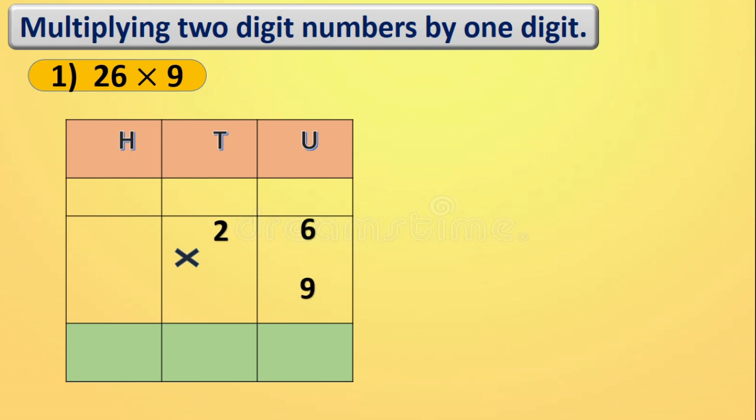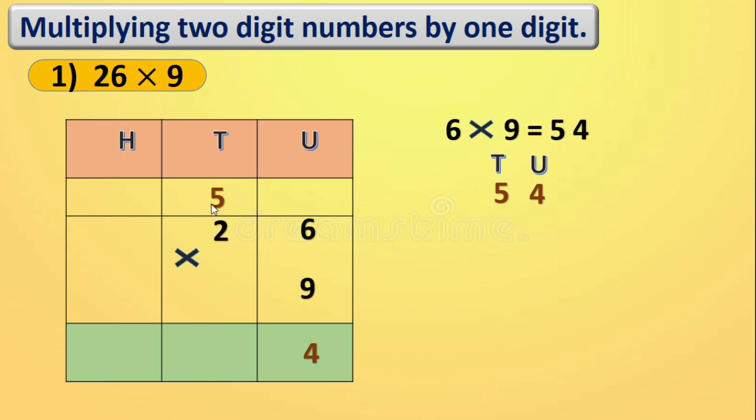Right? Now 9 6s are how much? Yes, 9 6s are 54. Correct? So we will write here 5 and 4. 54. But we can't write two numbers in single column. That is the 4 is in unit place here. Correct? I will write here 4 in unit place and 5 in tens place. So 5 will move to tens place. Correct? So 5 is carried over to the tens place. Got this, children? Am I fast?